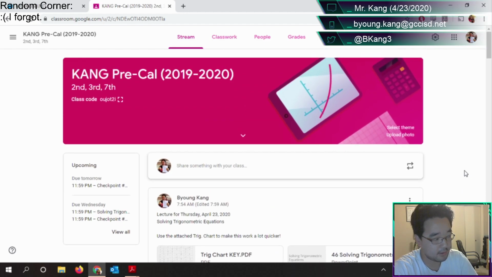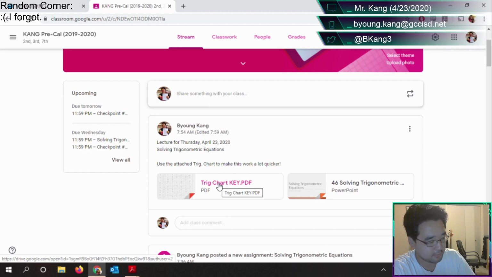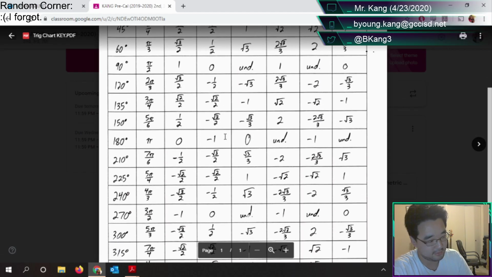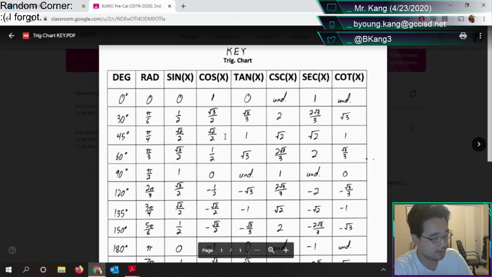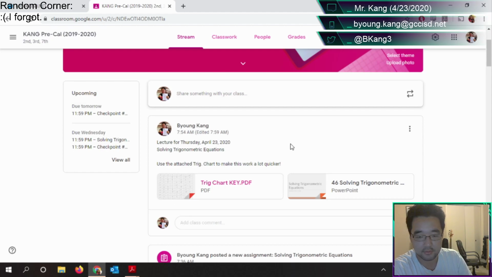If you're following along and you want to make a little more sense of the values of the numbers that I'm looking up, I attached this Trig Chart. I didn't make it mandatory during class, but a handful of you have filled this out already. If you have a paper copy, great, but have this open as we do our thing today, and some of the values I look up will make a little more sense. I'll put it up on the stream too, but when you do your homework, you're going to want it.